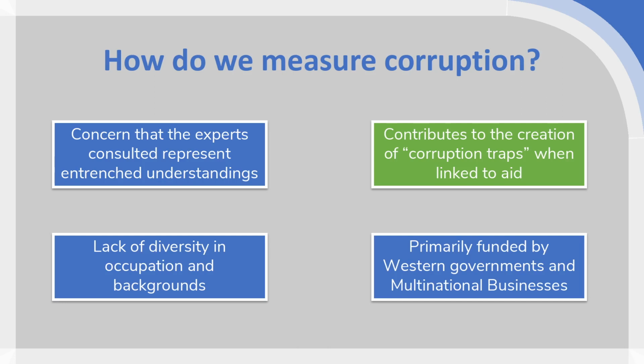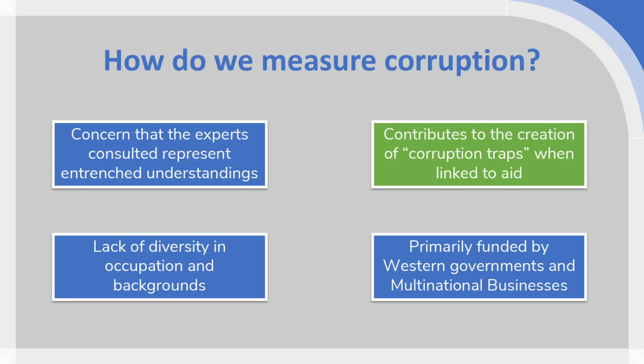There's the beginnings of the emergence of a body of literature on corruption traps, where aid that would purport to assist in governance structures and systems to reduce corruption is either withheld or has onerous conditions placed upon it, which results in it not actually assisting in any meaningful way. And so there does seem to be both measuring perceptions of corruption, but also shaping perceptions of corruption, which then